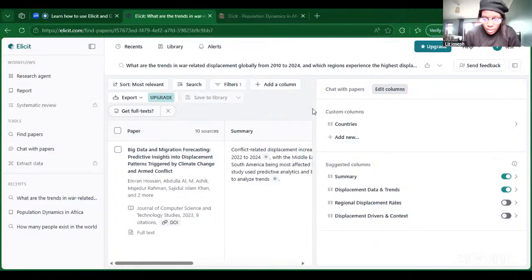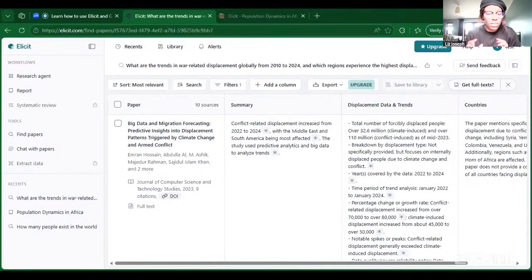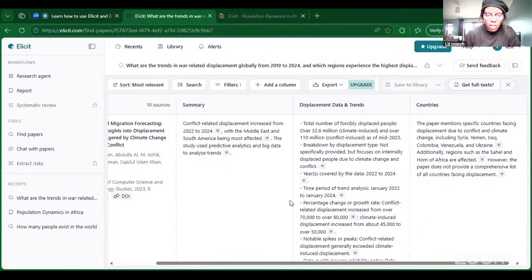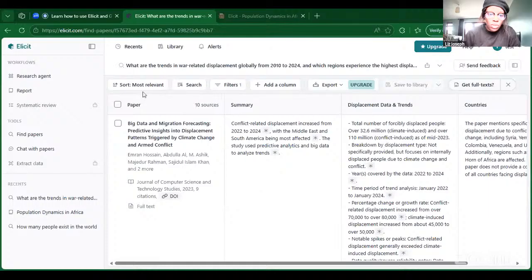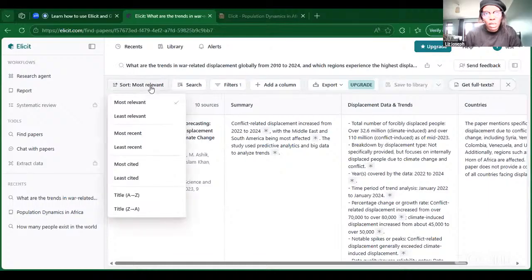Now if we focus on the center, it's got a lot of functionality. It also starts off with a nice table. So this kind of view, I think, is quite helpful. And you can obviously, as you would be able to in Google Scholar as well, filter it based on